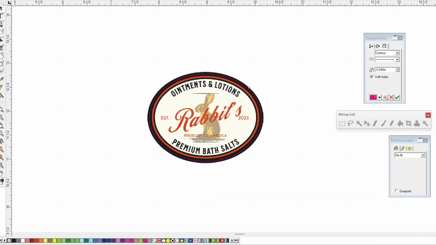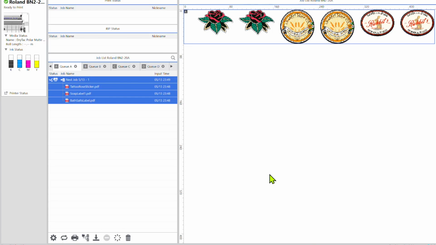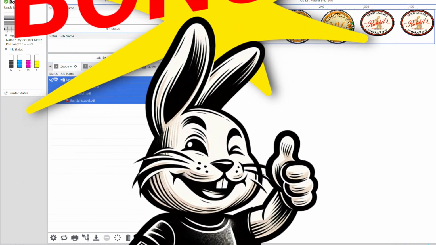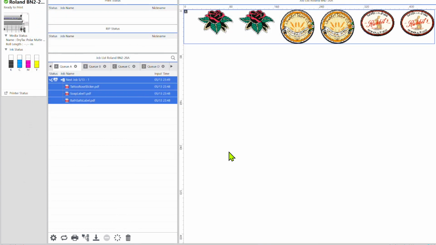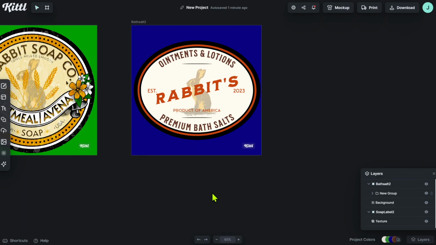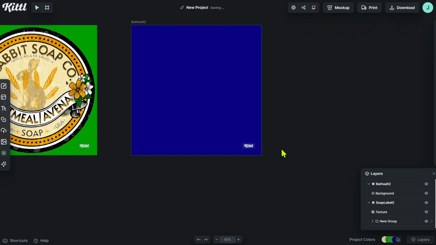So if we go into VersaWorks, I have the labels in here already. These roses here are just a bonus for you guys. Kittl has tons of clip art on their website that you can use and make stickers out of for free. I'm just going to erase that one there. All you have to do is make a little artboard that's 750 by 750 and go over to the